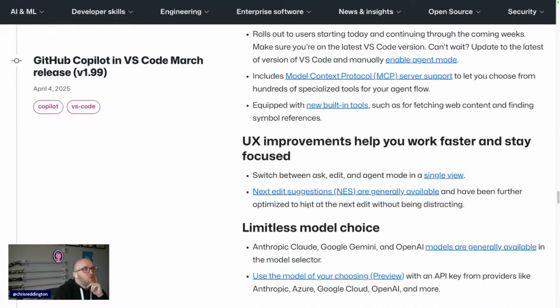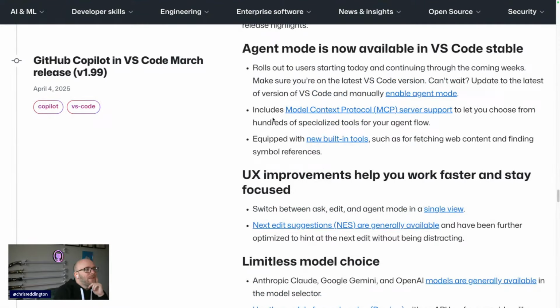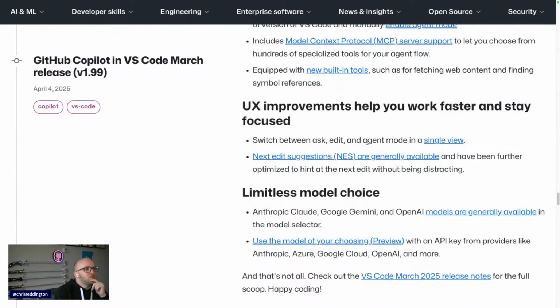But Agent Mode available in Visual Studio Code. That also includes Model Context Protocol support, and I'll explain a little bit about what that is and why you should care in a moment, and then some additional built-in tools as well. And UX improvements. Before, you had Copilot Edits in one page or one tab, and you had the chat view in a different tab. And if you were in Insiders, you probably saw that there was a drop down in the edit mode for agents or edit mode. Now it's just back to one view, and you've got a drop down to switch between those three. So we'll see that in a sec.